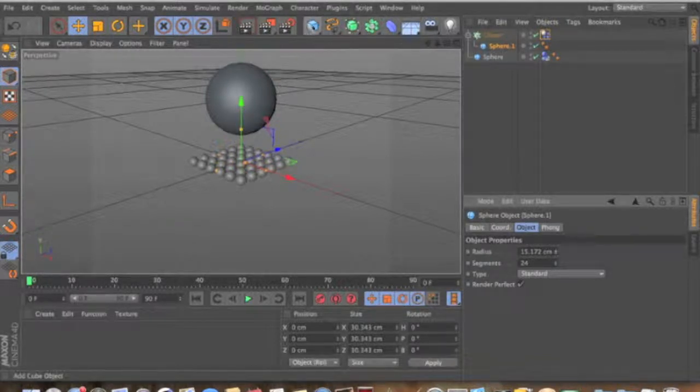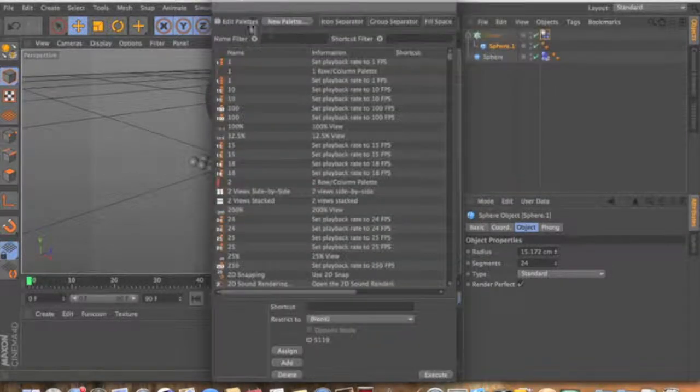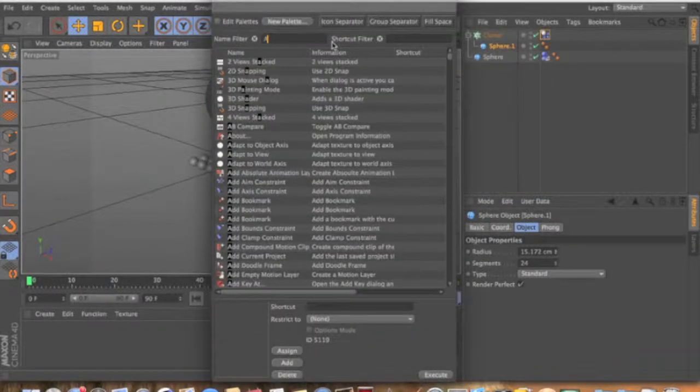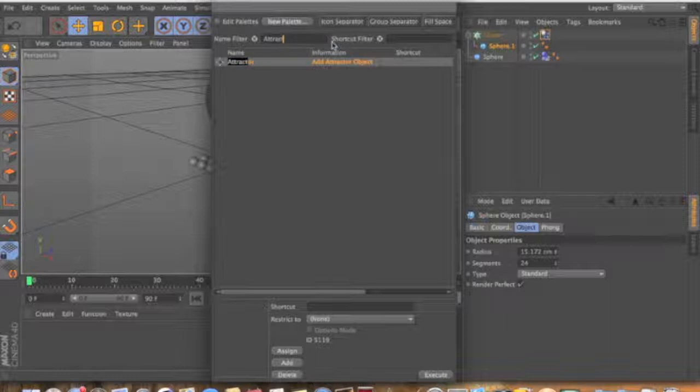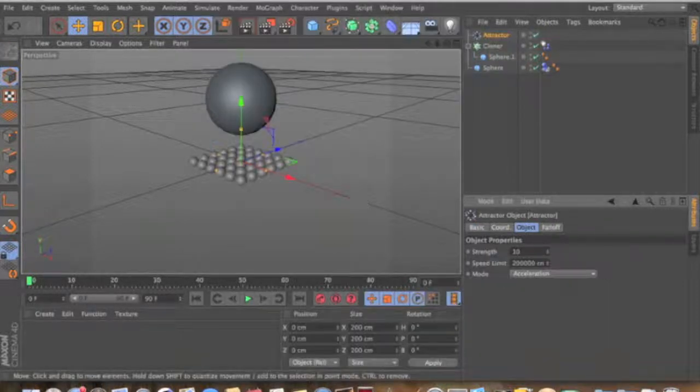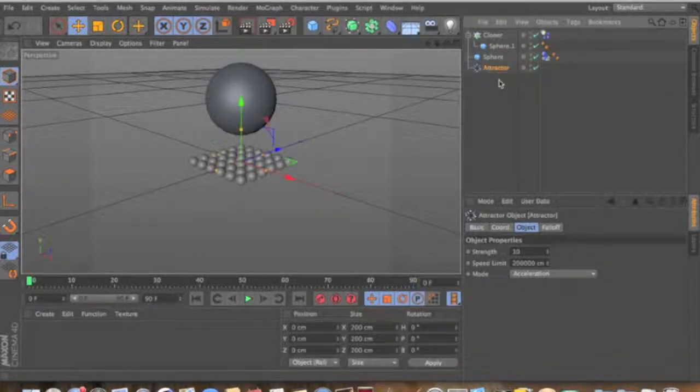Now you're going to right click up here, go to customize commands, attractor, and just go ahead and let's do that just because I like it like that. Anyway, so then you're going to go